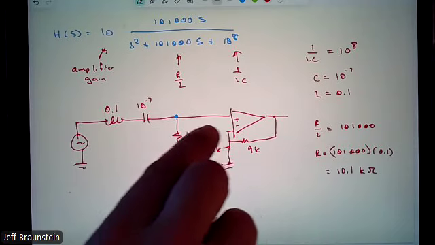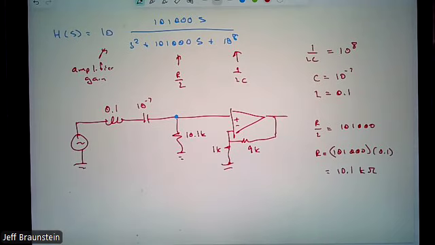What's true about the current on this path here? We had two op-amp rules. Remember what one of them was in terms of current? Does anybody remember our op-amp rule for current? They both equal zero. No current into the input of an op-amp.